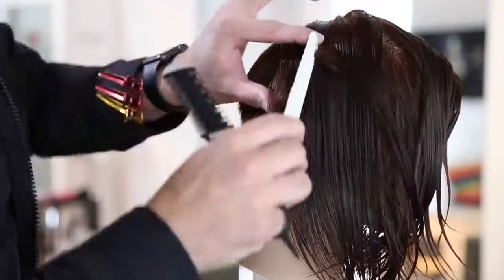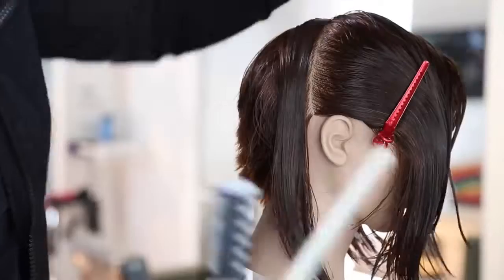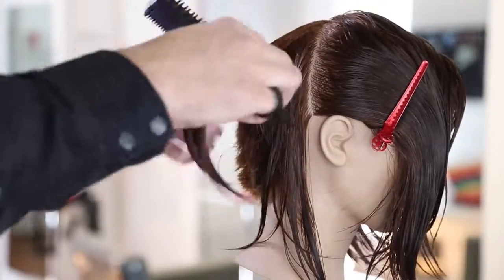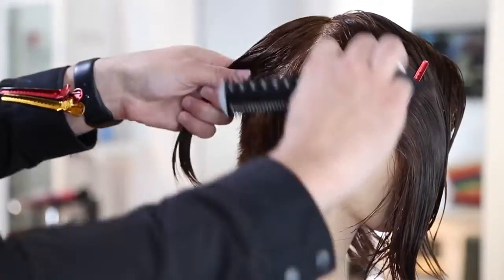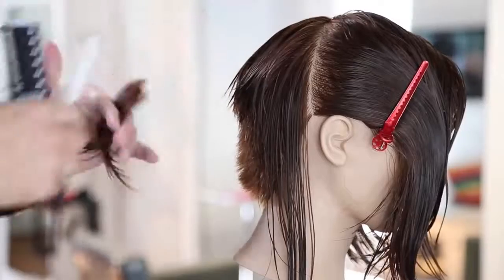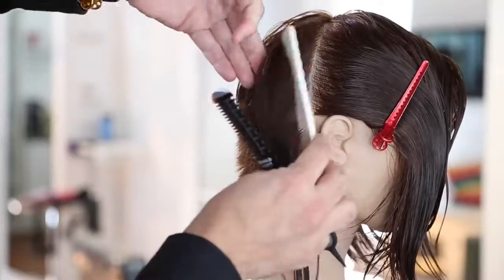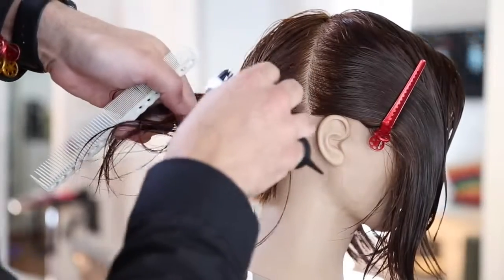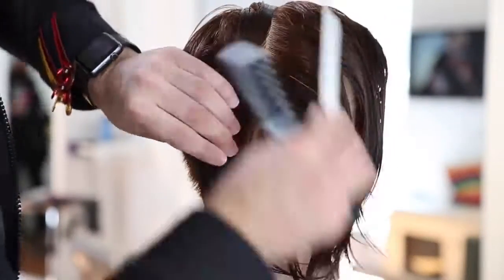So this is where the haircut starts to get interesting to me, because some of this section that I'm going to pull down is on top of the head and the other part of the section is on the bottom. So if I just over direct everything straight down, what's going to happen is the top's going to be way too heavy. So I want to kind of treat them as two different things. So I'm going to cut the top part of this section horizontally, making sure that I blend it nice and have a nice high elevation. Then as I work down the section, I'm going to work vertically and keep the flow of the haircut going